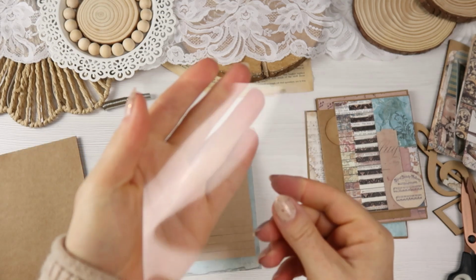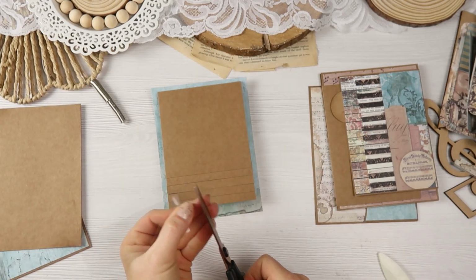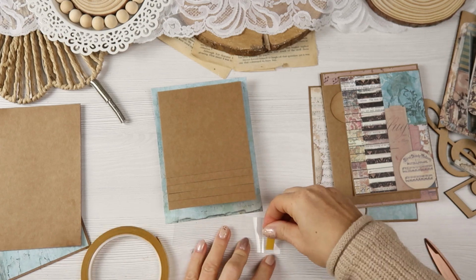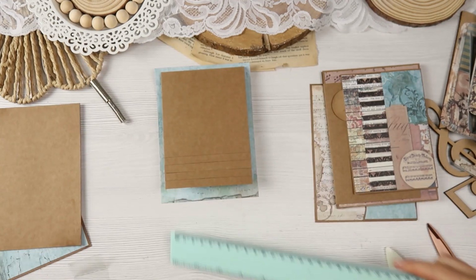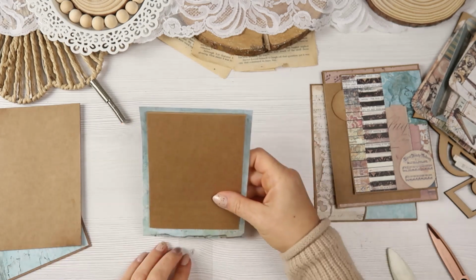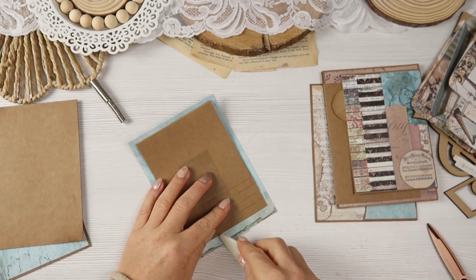For the flap, keeping the waterfall in place, I'm going to use a piece of acetate. You can create it in the size you wish. Mine is around 3 centimeters wide, and I will attach it first to the bottom of the page. It is scored around 2 centimeters from the edge. I'm measuring the center of my page, and it goes first on the bottom side of your page, and then